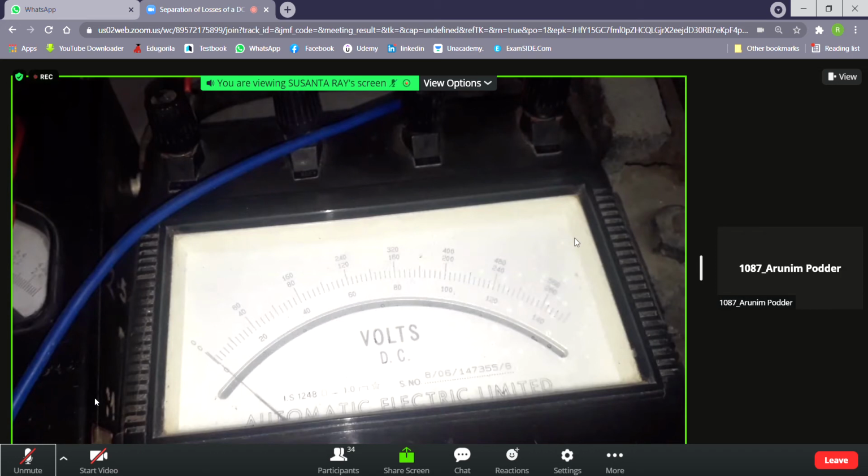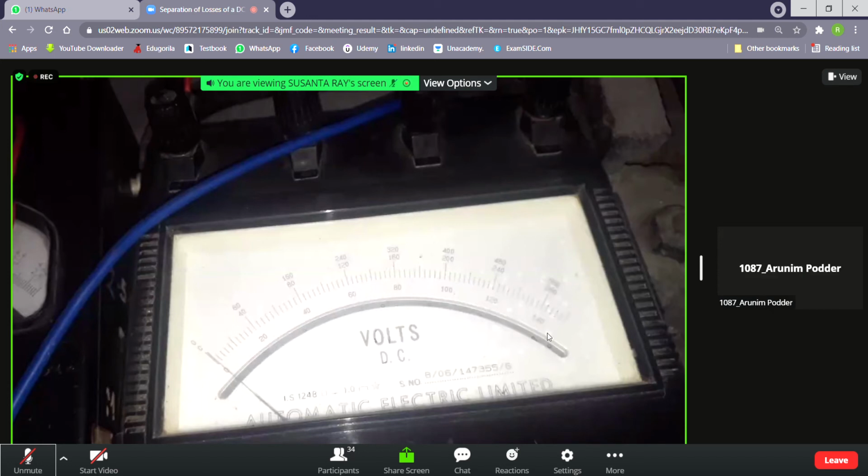Sir, the bottom scale is showing 0 to 150. The middle scale is not visible clearly, and the topmost scale is showing 0 to 450. No, sorry, 0 to 600. It is showing 140 as the last reading, 280, and then 560. Now you tell me what the three ranges of the meter are.